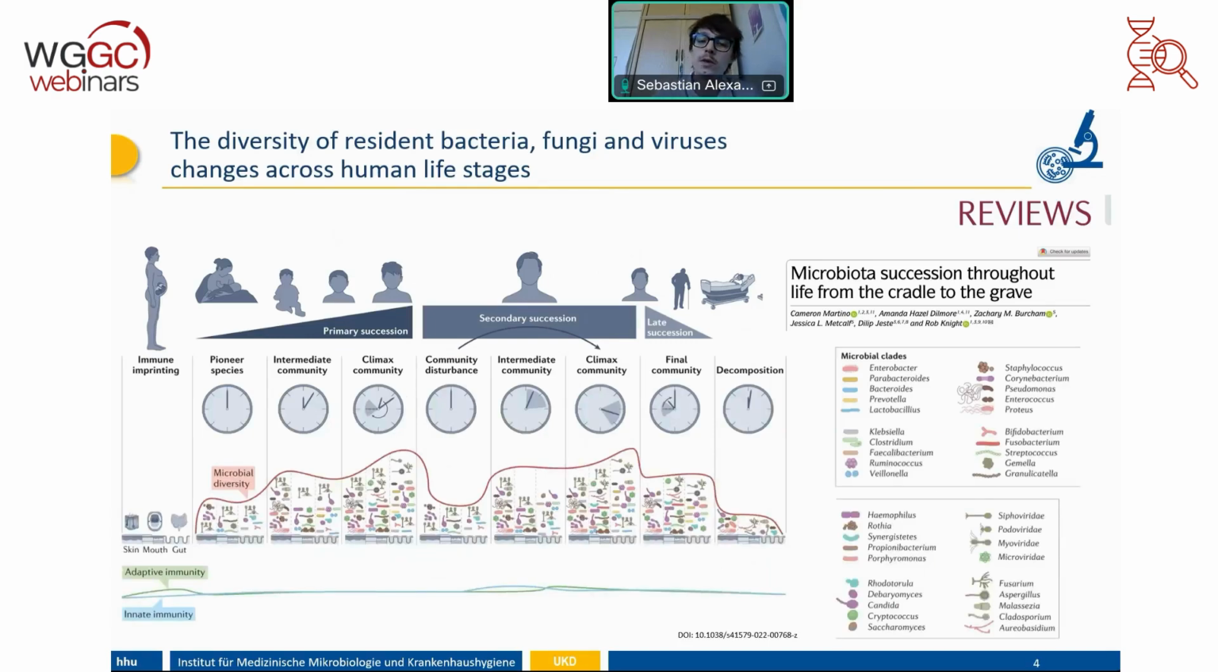The human microbiome is not stable. It changes across human life stages. And it begins even before birth with the first immune imprinting. And then we have the primary succession, where we build up our own microbiota, which is like a fingerprint for every person. And then we have this disturbance when we leave our parents' household, because then we have other community-acquired microbiota. And we build a new, specific microbiome for ourselves until the late stages of our life,